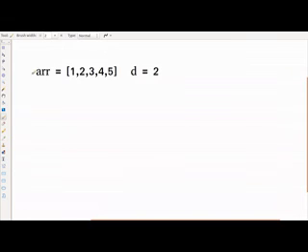For example, here is an array on which we have to apply the rotations, and let's say we have to apply 2 rotations here. So when d is equal to 1, meaning the first rotation, left rotation is nothing but shifting every element to the left. So when the first element of the array moves left, it will go to the end of the array. So with the first rotation,